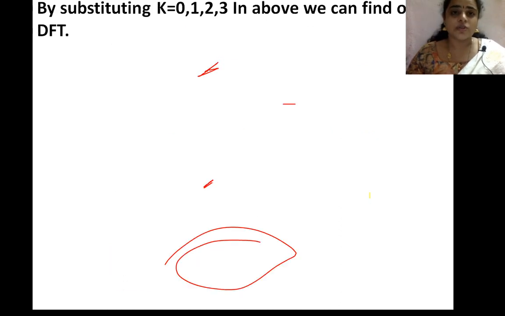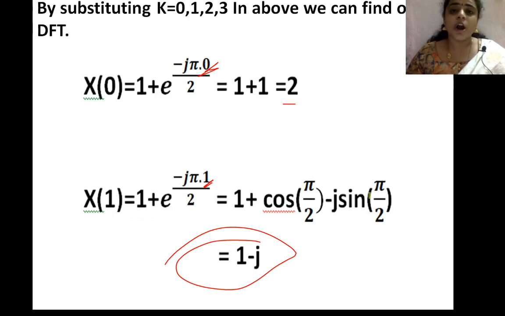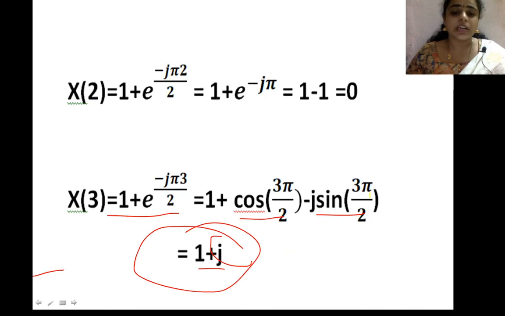Now, if you substitute k equal to 0, 1, 2, 3, you can easily find the numerical values. And remember, in DFT, if the complex number comes into the result, definitely the complex conjugate will be at another sample. If you do a problem on your own and you have 1 minus j but you don't have 1 plus j, your problem is wrong. If a complex value comes into the result, definitely the complex conjugate has to be there. That is a blind check for your problems.